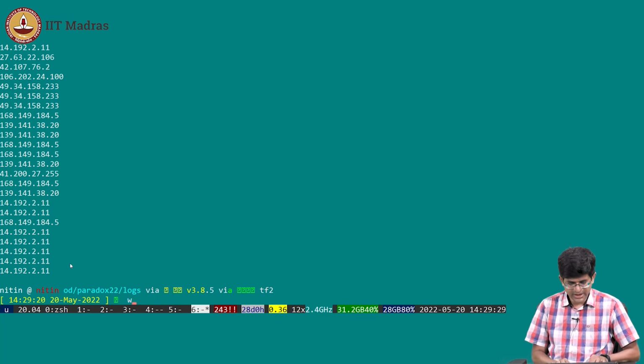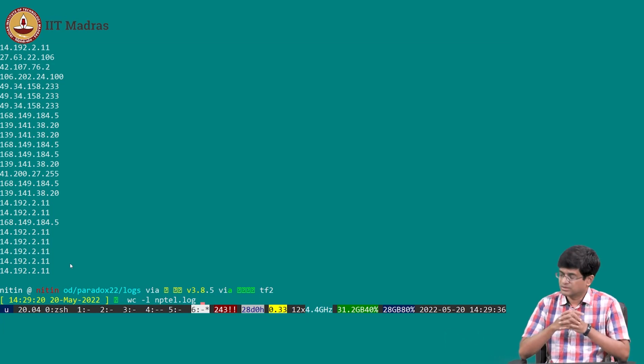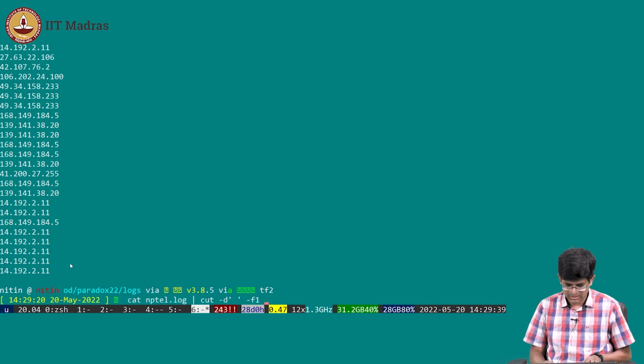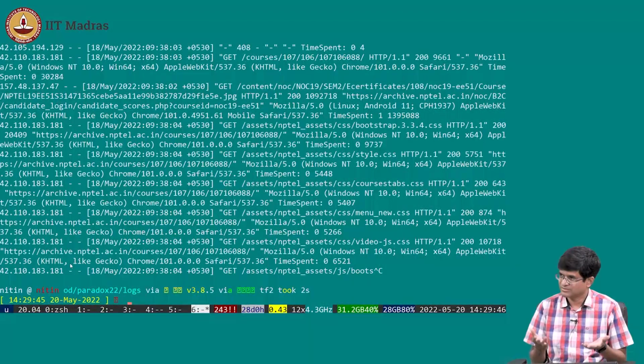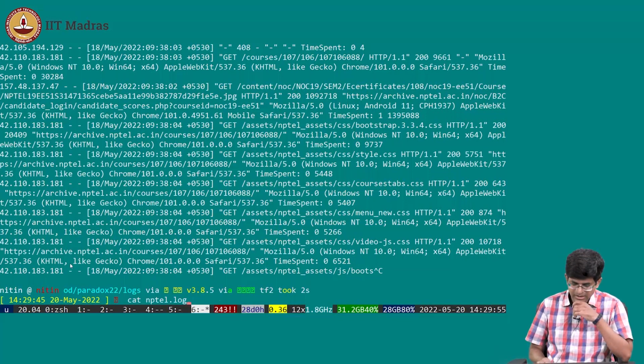Now one additional thing, so how many log entries do you think were there in that file? If you don't write the cut over there, then it will just do the same, the whole thing will come out onto the screen, right. It's just too much garbage. It just takes whatever it saw and puts it back onto the screen, okay. But with the cut, what it does is it puts out only that first entry out there. Now this is useful, yes, but it's not good enough for me.